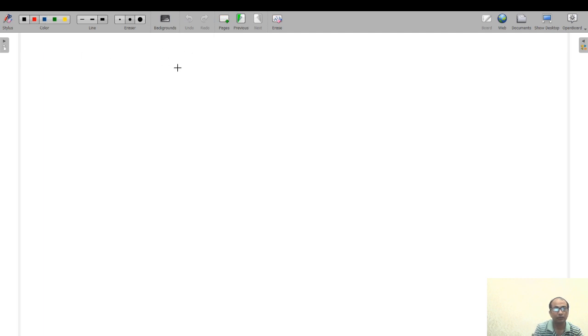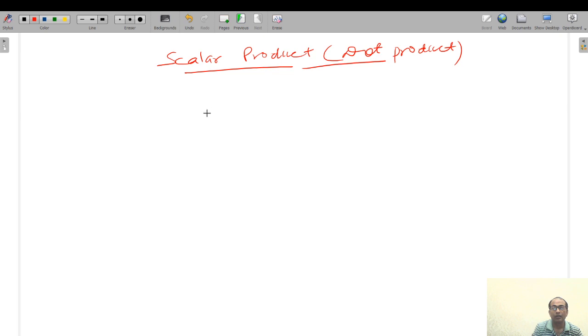So let me write here scalar product or dot product. Okay. Let we have two vectors, vector A and vector B, and we have to get their scalar product. मान लो हमें इनका स्केलर प्रोडक्ट निकालना है, तो जो हमें वेक्टर मिलता है रिजल्टेंट, ओके, so that is what? We write it like this: A dot B, and it is what?